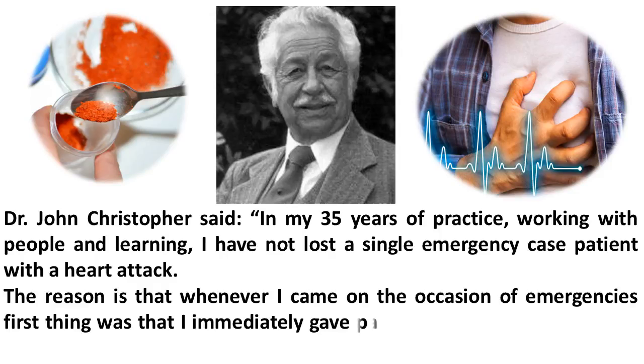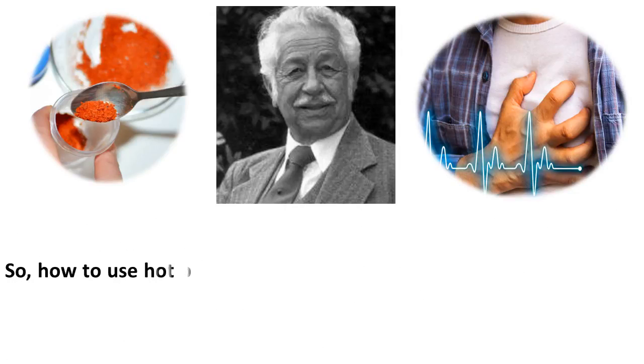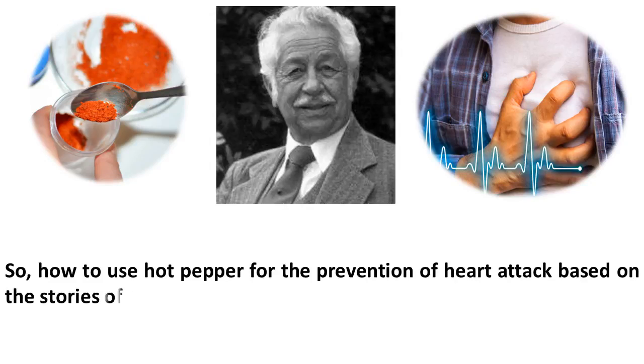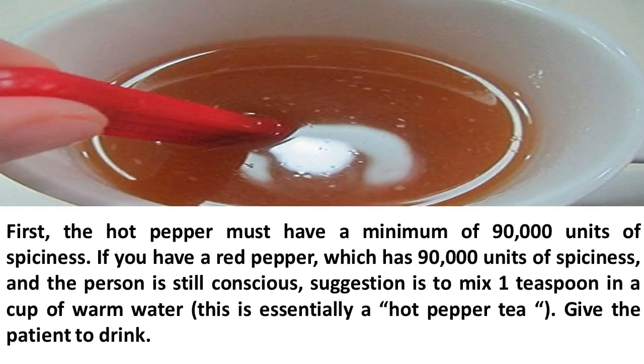Immediately gave patients a cup of tea of hot red pepper. So, how to use hot pepper for the prevention of heart attack based on the stories of those who have used this method? First, the hot pepper must have a minimum of 90,000 units of spiciness. If you have a red pepper, which has 90,000 units of spiciness, and the person is still conscious, the suggestion is